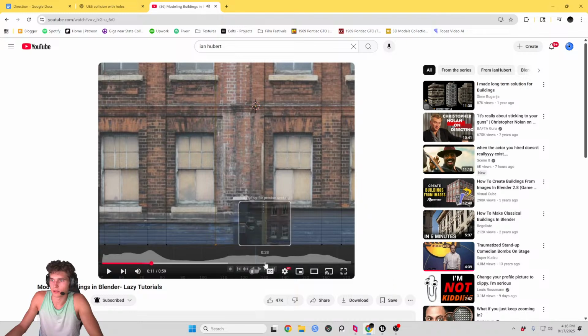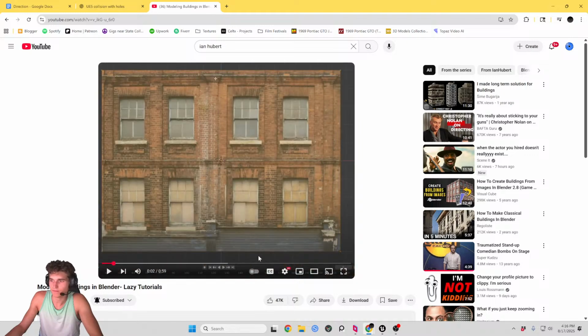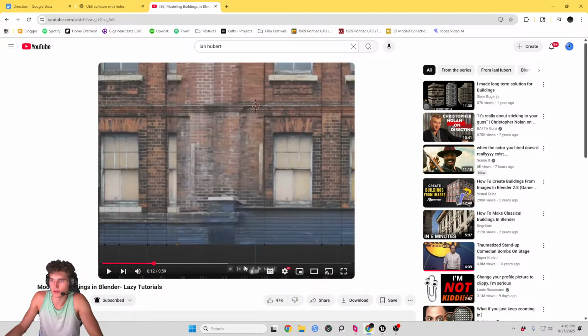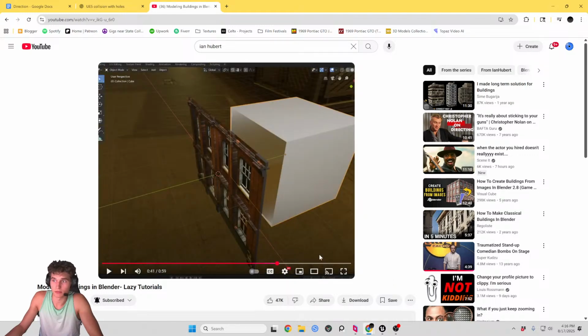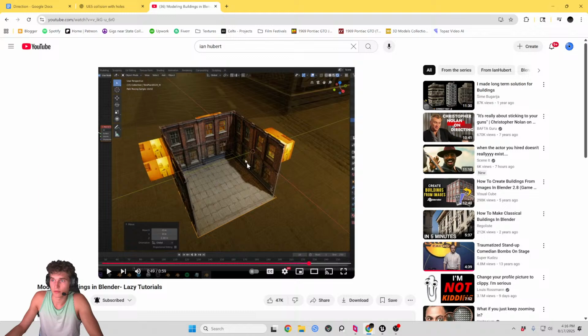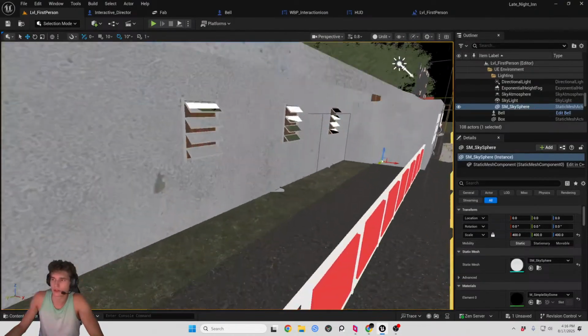Let's see where we go. I don't want to just watch his whole video, but you can see here he starts with an image, just an image of the side of a building, right? And he walks you through the tools of how to cut it up and make it three-dimensional like it is here, and then fix up the texturing. And look at that, that's a nice looking environment just created from an image that he then extrudes and manipulates. That kind of methodology is not really what I used for this, but